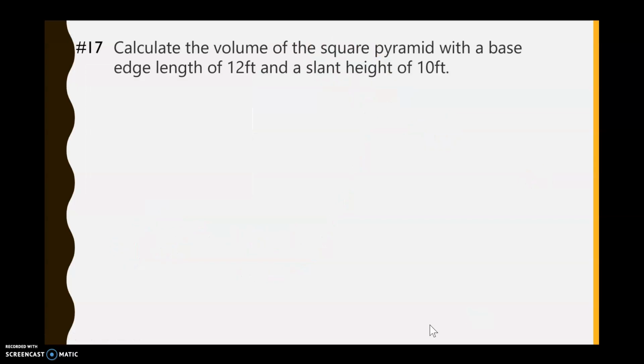And number 17. I want to calculate the volume of a square pyramid with the base edge. So I have a base edge of 12 and a slant height of 10. Now I think a lot of you guys are making a mistake of giving this 10 as your lateral edge, and it's not a lateral edge, it's a slant height. So if I were to draw out a quick sketch of my pyramid,